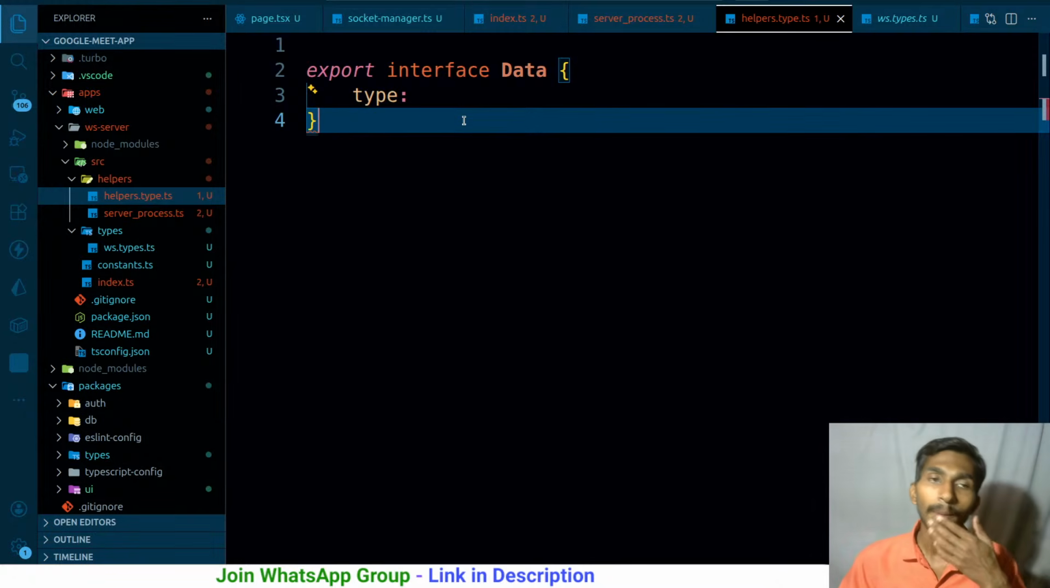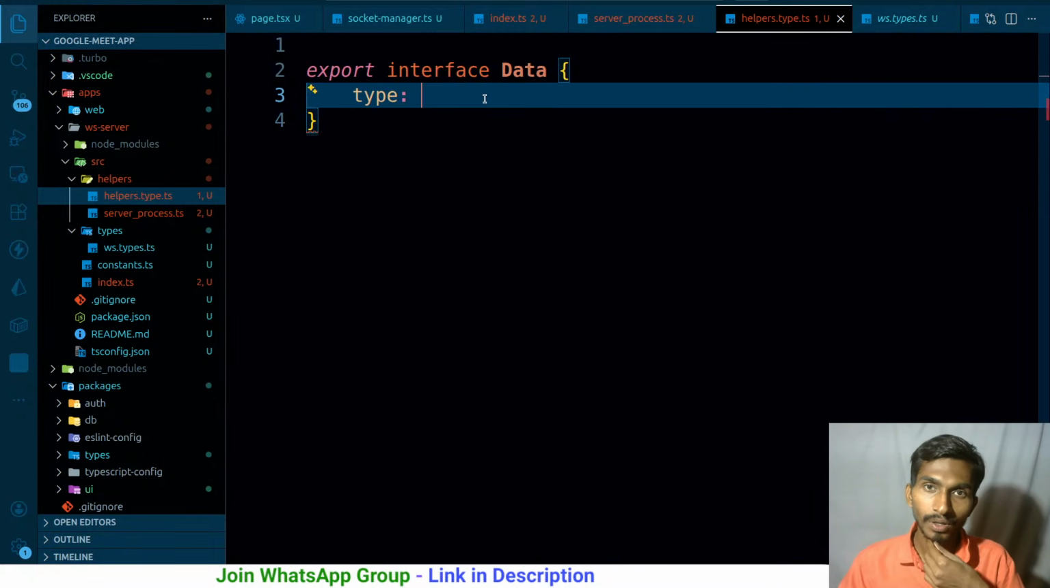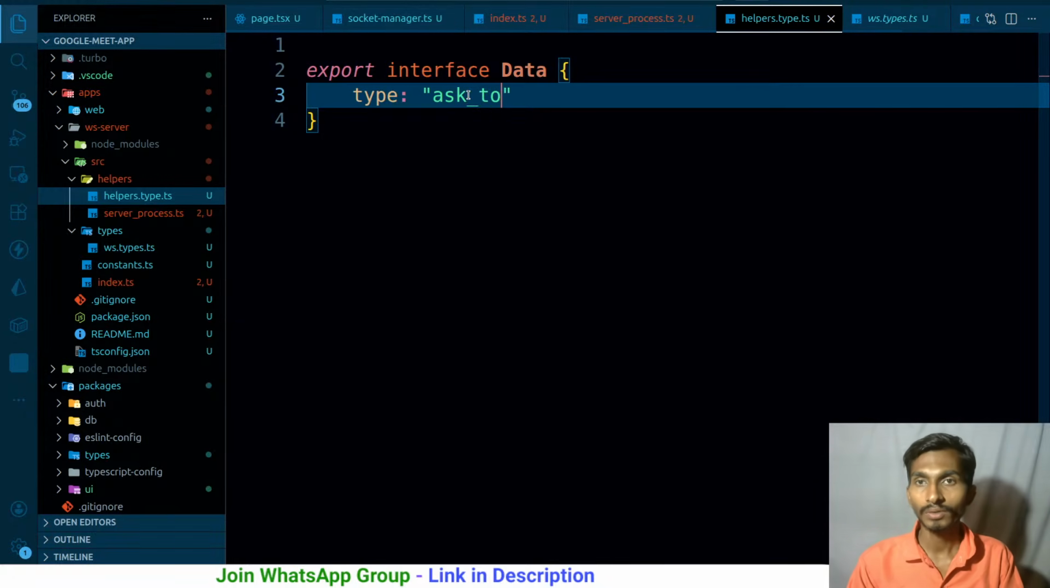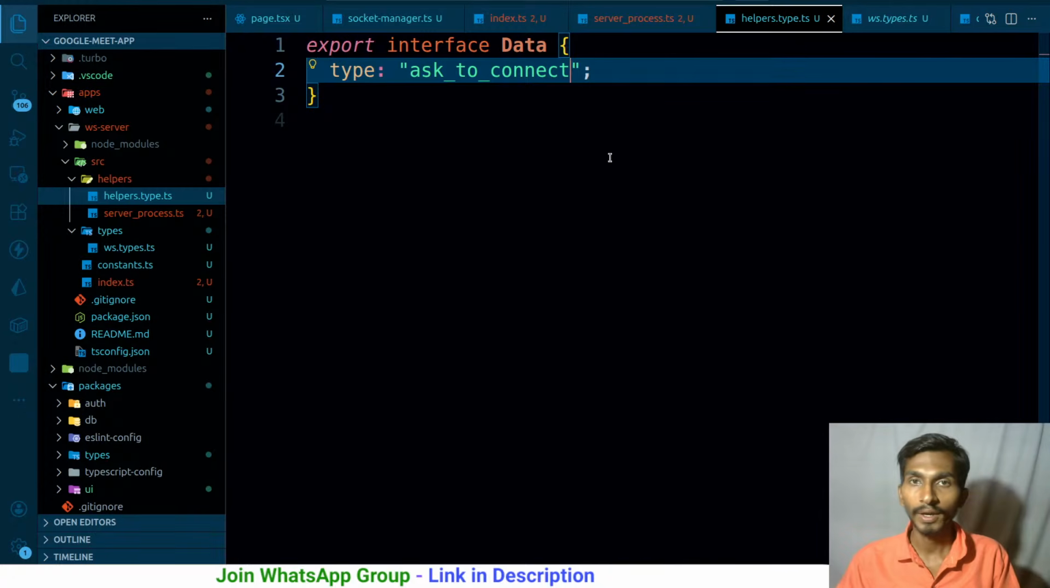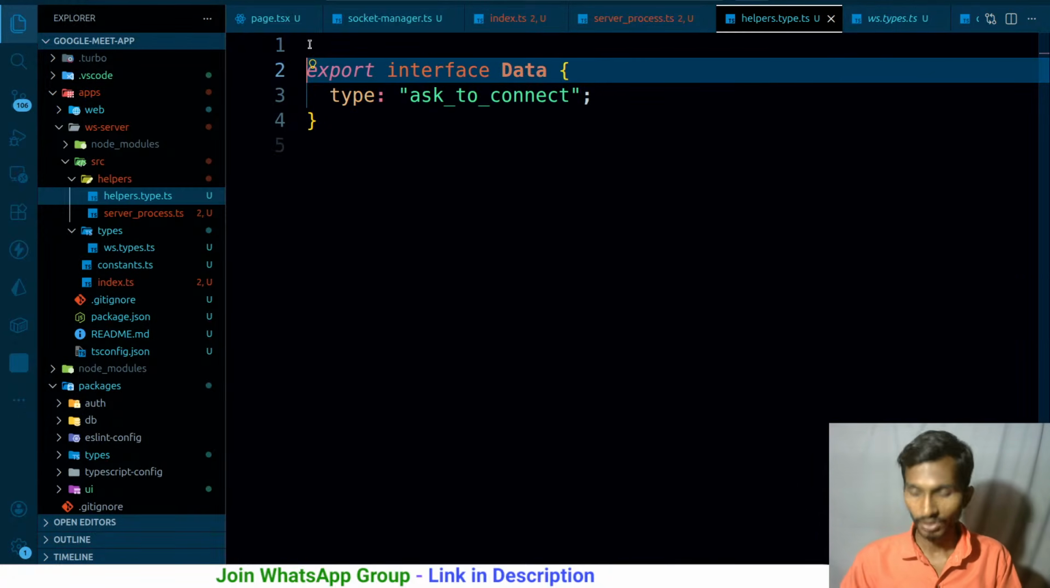Helper type, I'm going to have the type over here, and the type itself can be of many types. In that case, first of all, the type is going to be asked to connect, because I'm going to be asking to connect it to the meeting, and then later it will have many more types. So there are going to be many things. That's right. So it's better to just simply